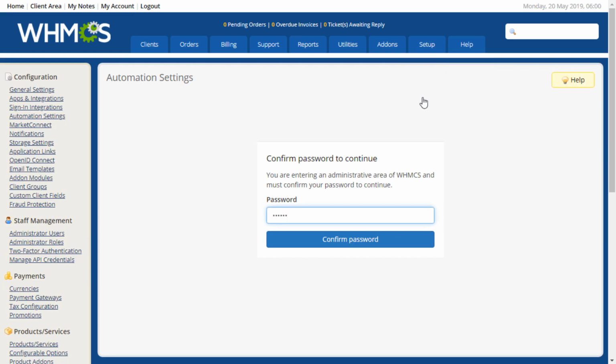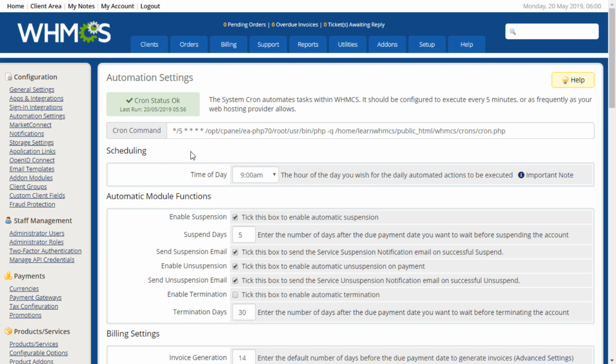For daily automation functions to occur, a cron job must be configured. The recommended frequency for the cron job is to run every 5 minutes. Usually, the cron job is created during the initial installation of WHMCS. A read-only copy of the cron command is displayed at the top of this page should you ever need to recreate the cron job. The scheduling dropdown sets when the WHMCS daily automation will occur, such as billing functions, suspensions,